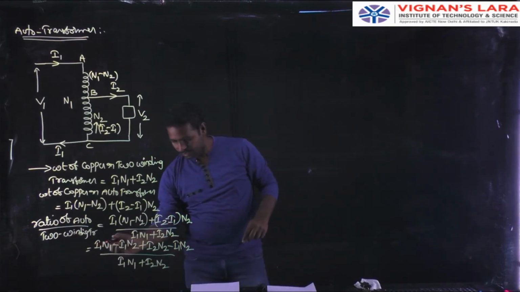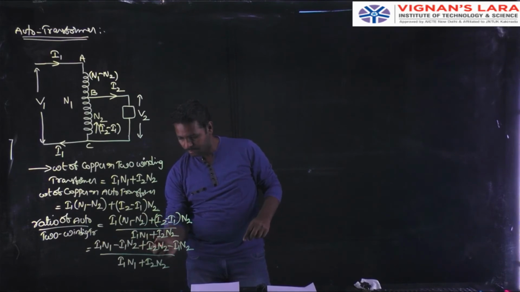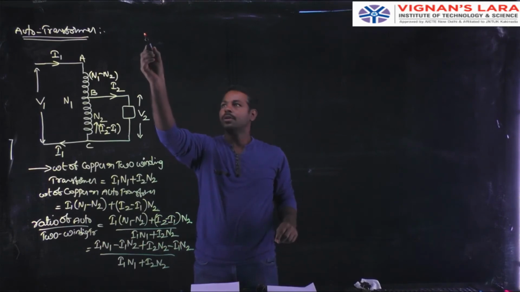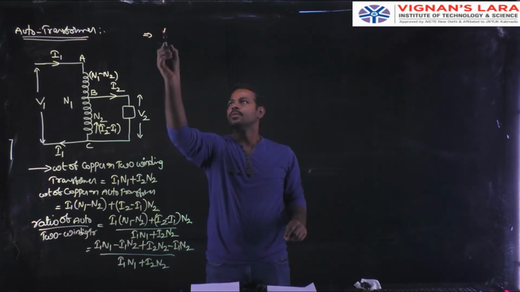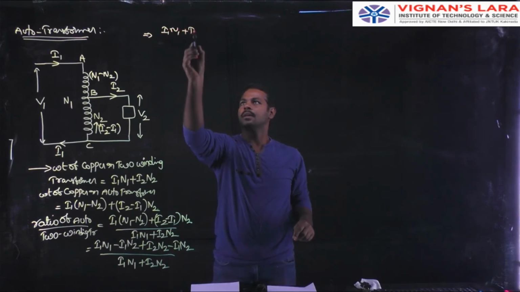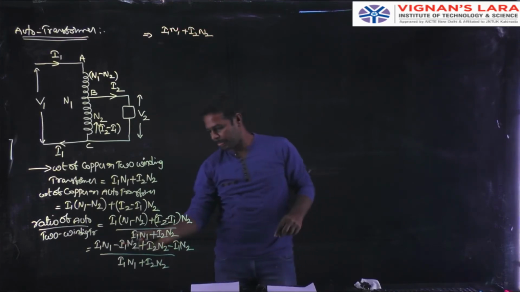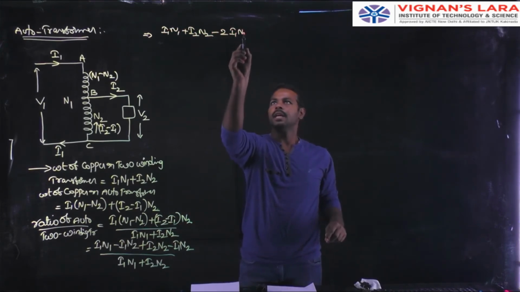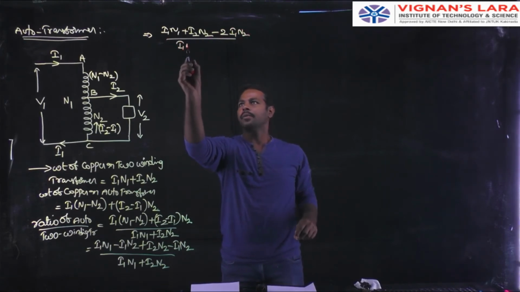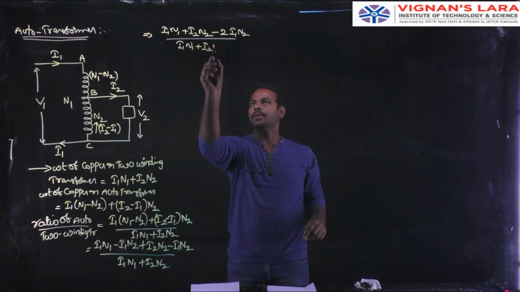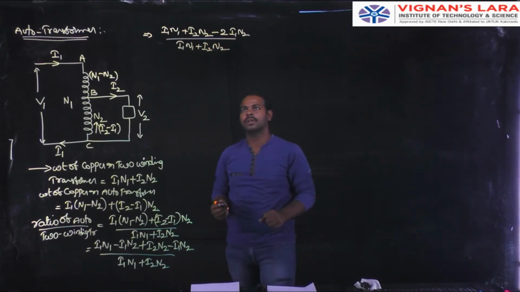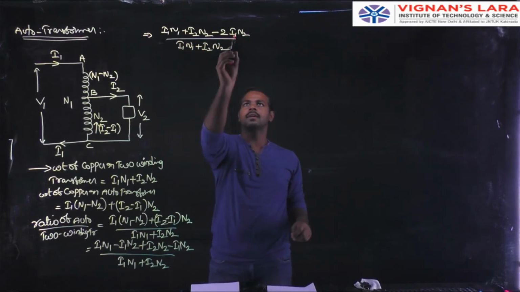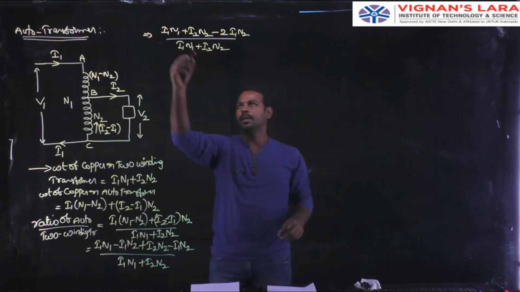So in this, I1 N1 plus I2 N2, which is equal to I1 N1 plus I2 N2 minus 2 into I1 N2 divided by I1 N1 plus I2 N2. So in this, we can separate these two, that means dividing by I1 and N2